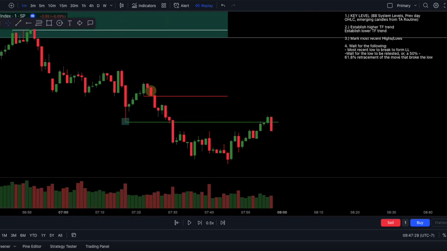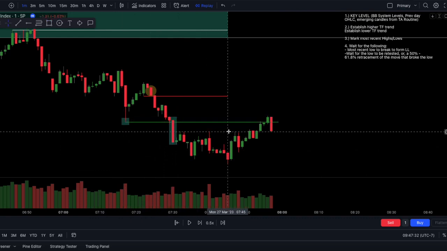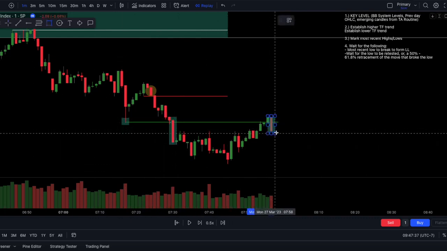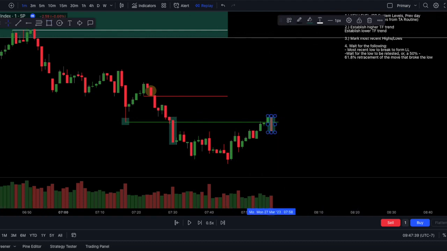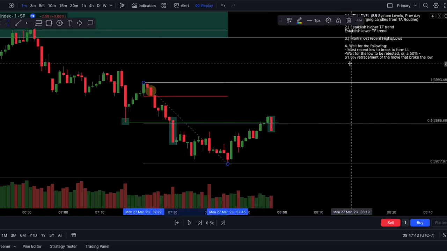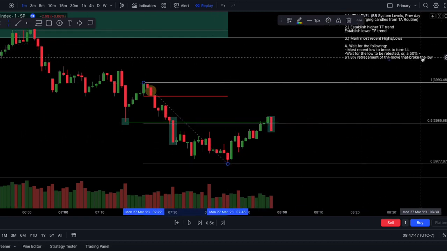That recent low broke. And what are we getting? Well, we're getting a retest of that low, as well as a retest of the 50% retracement, which is exactly what we look for in our last criteria, number 4,